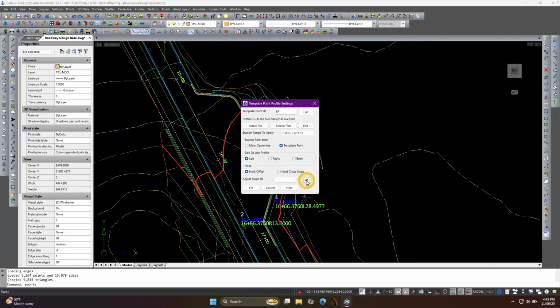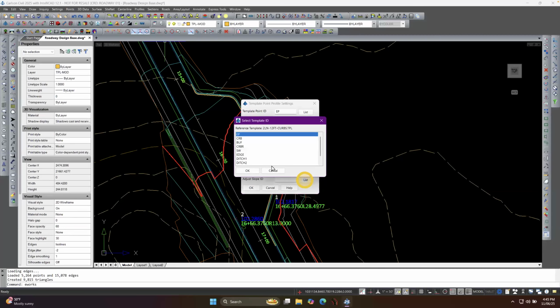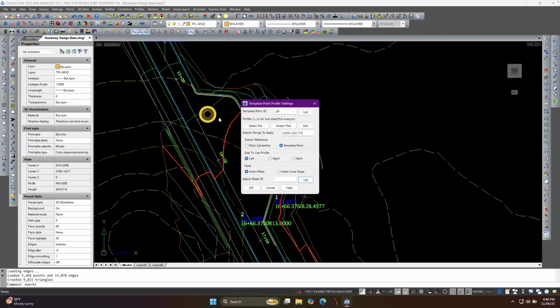Say hold the offset, adjust the slope ID, that edge of pavement. Yeah, see, I don't want that to adjust from the center line. I really only want it to adjust from the 12 foot over, would be what I would like to have done. So if I hold the cross slope,